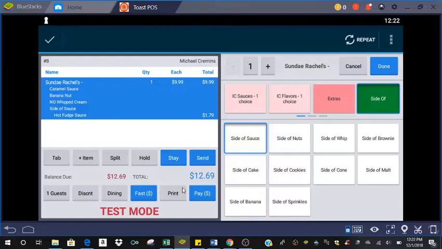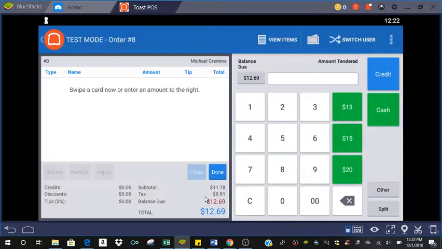Now you need to ring up the customer. To do so, you'll hit the pay button right down here next to print. Once you hit pay, you're brought to a pay screen. If they want to pay with credit card, which is what most people do, it's very similar to the system now. You'll hit the credit button, you'll swipe the card. Once you swipe the card, it'll bring you to a screen for the customer to sign. The customer will be signing on the screen with their finger, similar to a lot of other restaurants and what they're doing now. The terminal will be flipped around, and the customer will simply